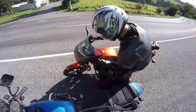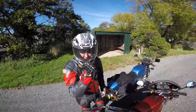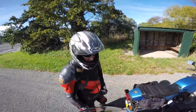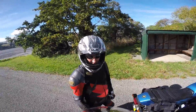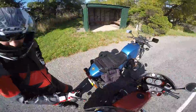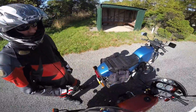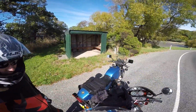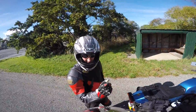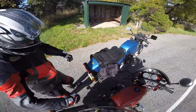Cool. I don't want to give it back. It's so different. But I like the short wheelbase. It's really nippy around corners. This is a bit more stable. Well, it's stable, but that one is just nice. I like the fact that you can just nip around a corner, but the power band, I think it's about 4,000, 5,000. Just a little bit more there. And you've got to work it. You do, you really got to do it, yeah. Whereas this, you just...